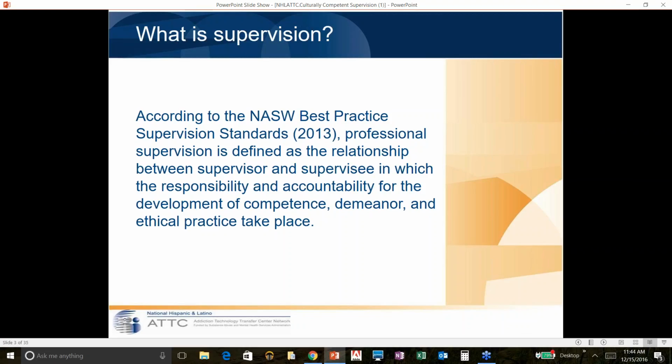ethical practice occurs. The supervisor is tasked with a very big responsibility as they're responsible to provide direction to the supervisee. And with that, they need to know how to apply theory, knowledge, skills, competency, ethical content in that practice setting wherever they may be. The supervisor and the supervisee share the responsibility for carrying out that role in this collaborative process. And sometimes we see supervisees who are very eager or some that are less eager. And the same thing with supervisors. Some are more eager to help learn and or teach and mentor,